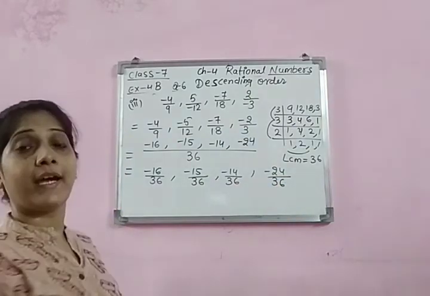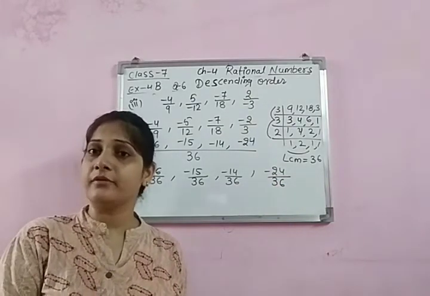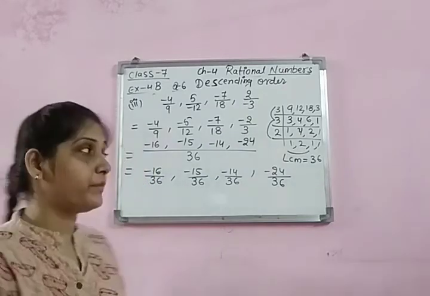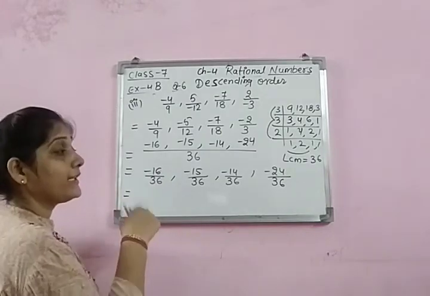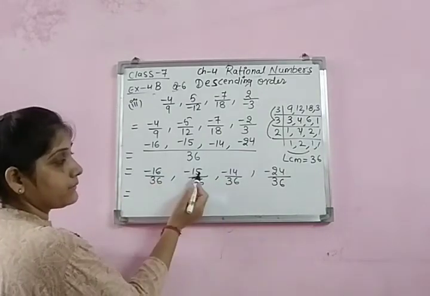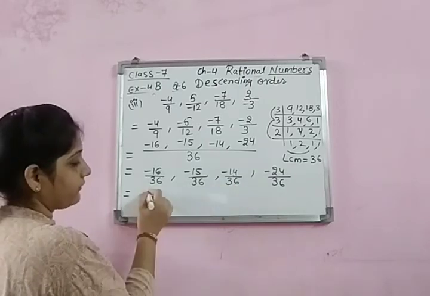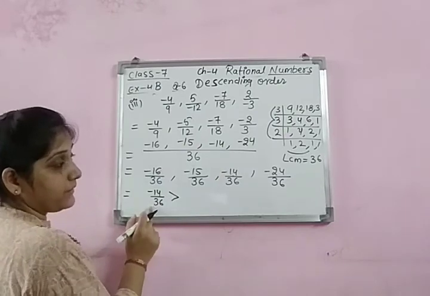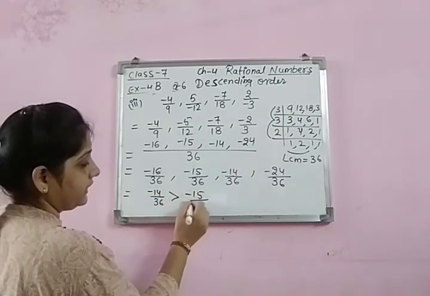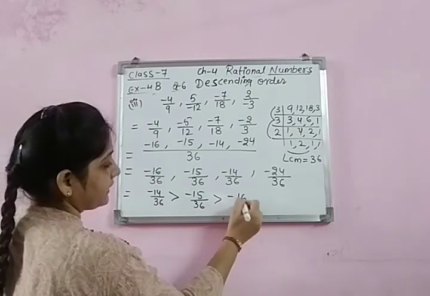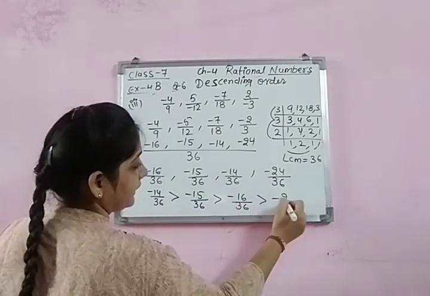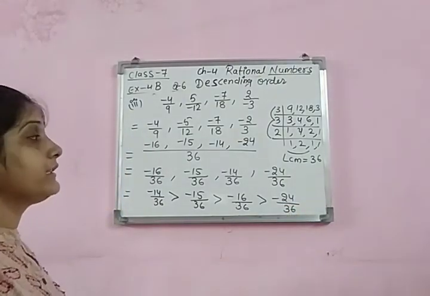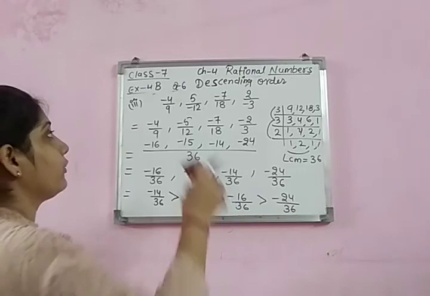Now we are going to write in descending order. As you have observed, the procedure is the same. Now in which order do you have to write? Descending order. So the bigger one. The smaller is bigger because all are negative. So this is smaller, 14. So this we have to write first, with the sign on this side, because this is the biggest one. Then negative 15. Then negative 16. And then negative 24. Now if we want to write in its original form.